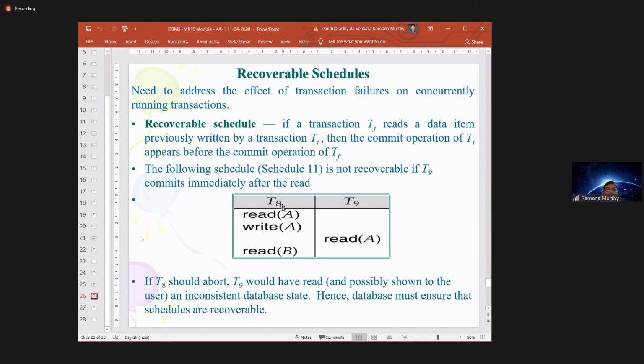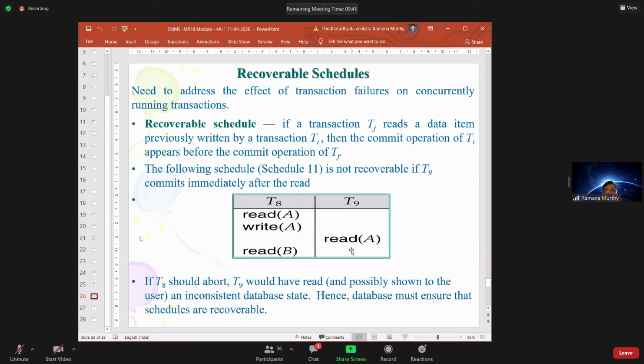Okay, T8 is nothing but TA, and T9 is nothing but TJ. Be careful, as we also identified previously, after a successful comparison we inherently keep a commit operation. The commit is finalizing the changes, copying the values from the RAM to the hard disk. Then the commit operation of TI appears before the commit operation of TJ.